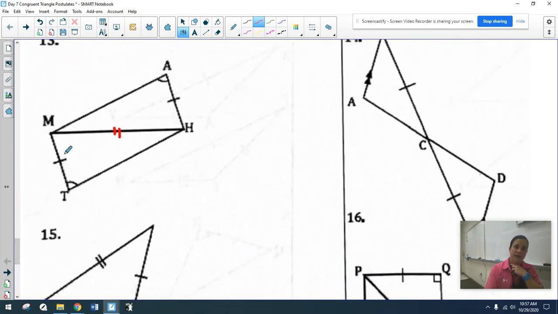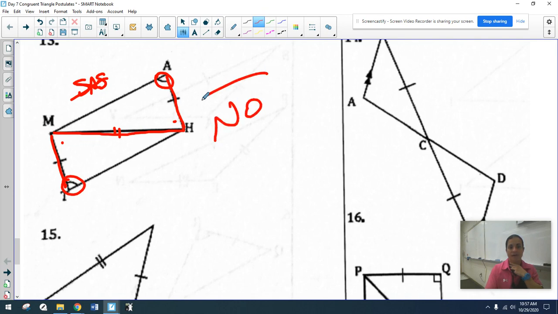This one, I've got 1 set of sides, 2 sets of sides, this one here, and then an angle. So the only option is side, angle, side. The problem is the angle's not included. We would need these ones. So this one doesn't work, which means this is just a no. They are not congruent. So there's an example where it might look like SAS, but the angle is not included,